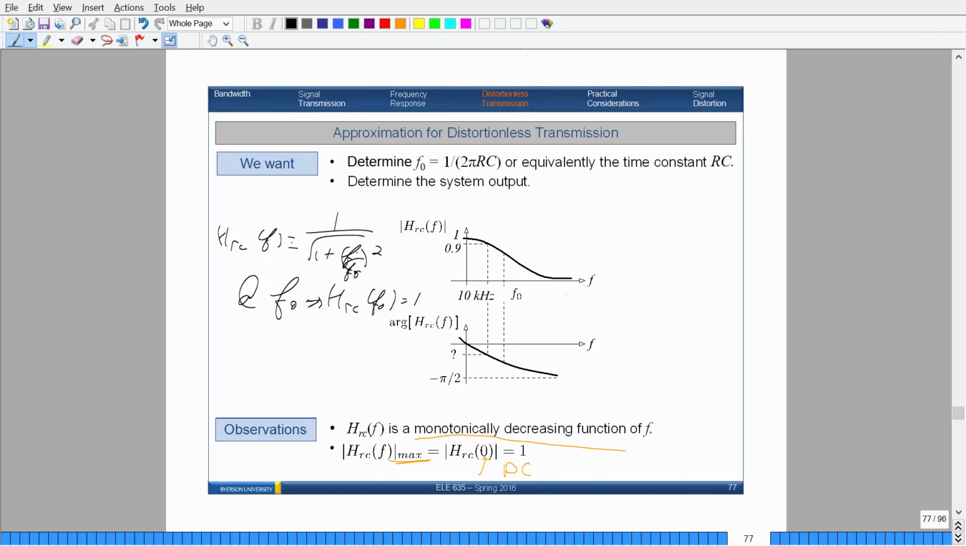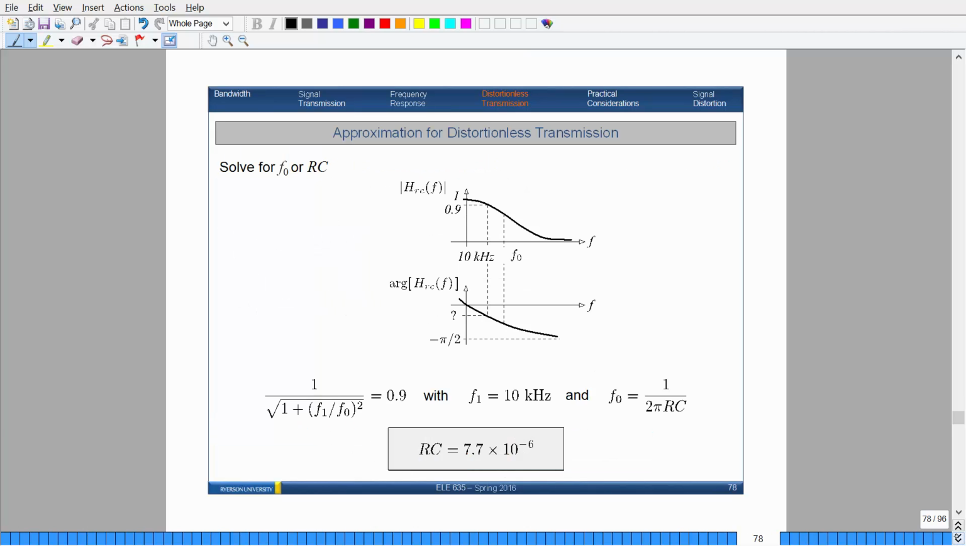Okay, which makes sense because f0 is actually not 0, sorry. At 0 hertz, you'll get the magnitude to be 1, because that term goes away, then you just get 1 over 1, and there you go. All right. So what we need to do first is figure out what the 3 dB